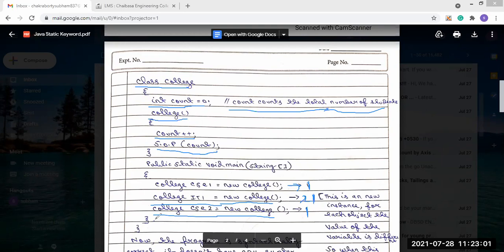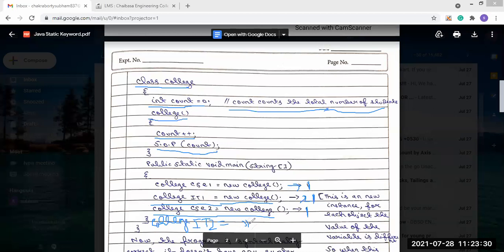Same as that, let's say we create another object of this class, college IT2 equal to new college.